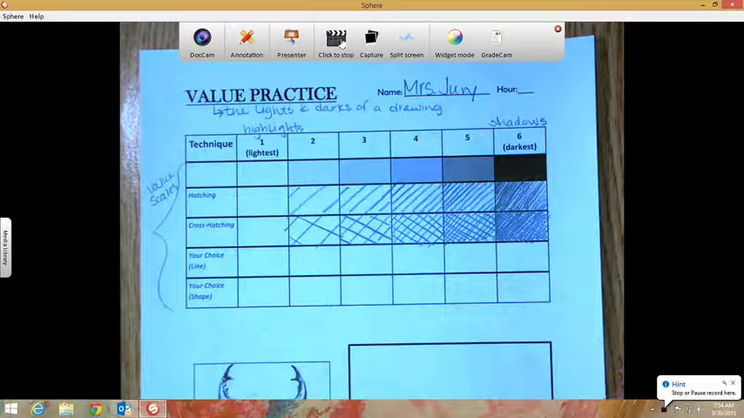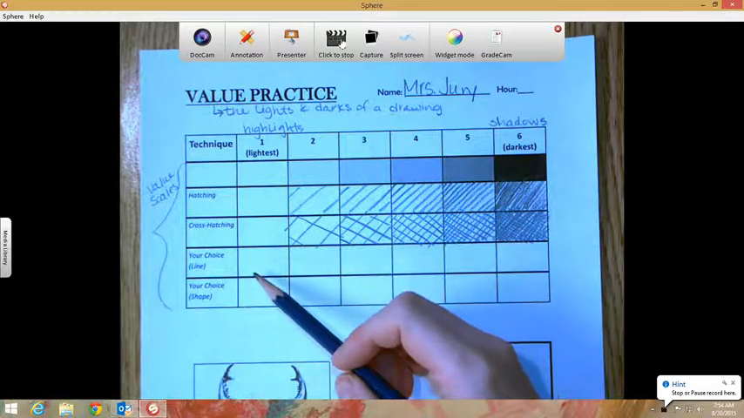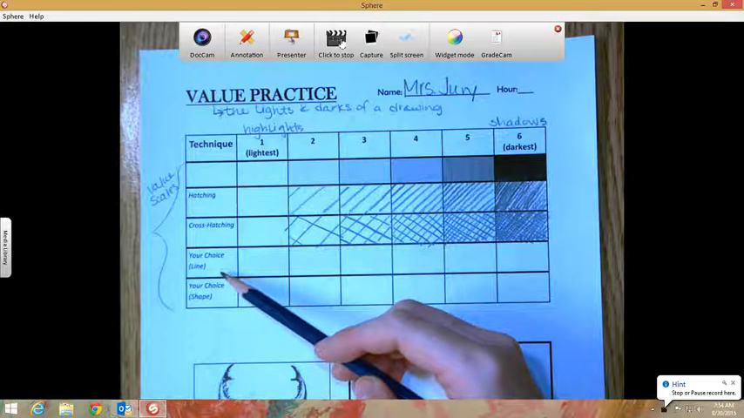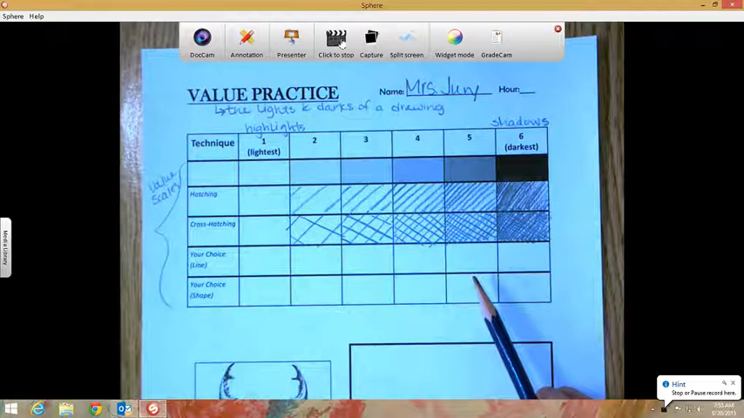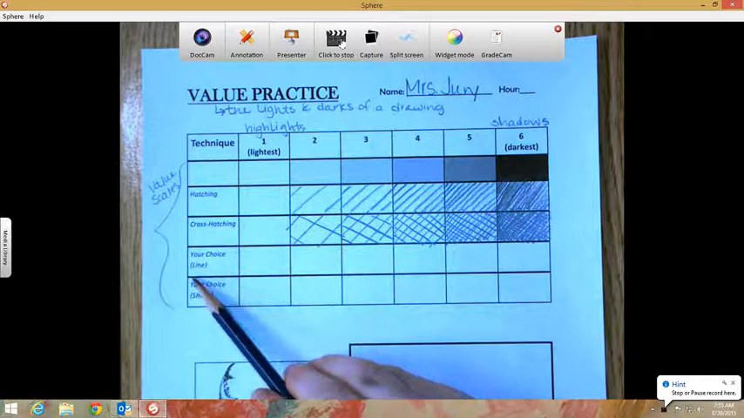Alright, so the last 2 value scales, as you see here, they say that it's your choice. You get to decide what you're going to put in here as the pattern to create your value scale. The first one suggests that you do some kind of line pattern. For example,